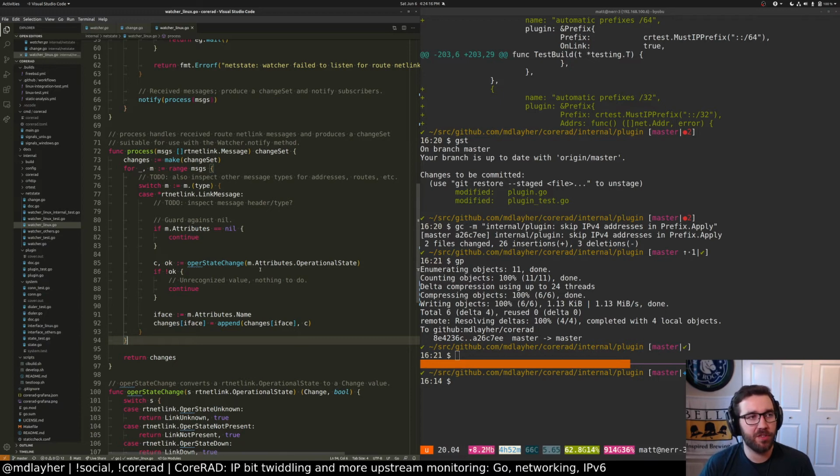So I guess my question is, do other operating systems like BSD have equivalents of route netlink where you could subscribe to state changes for a given interface? Because realistically, we care about the interface's state going up and down. Do we care about addresses being added? I don't think so. We definitely care about addresses being removed because that would modify the prefixes we're advertising. So we'd probably want to produce an immediate router advertisement.